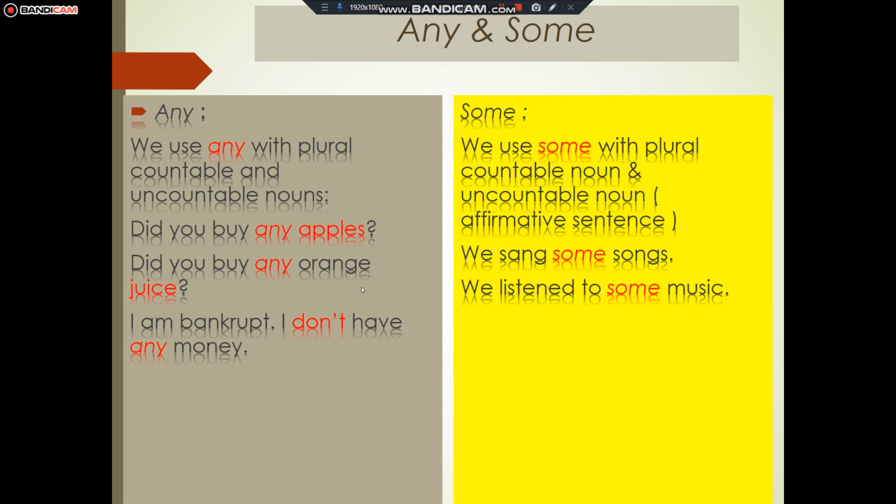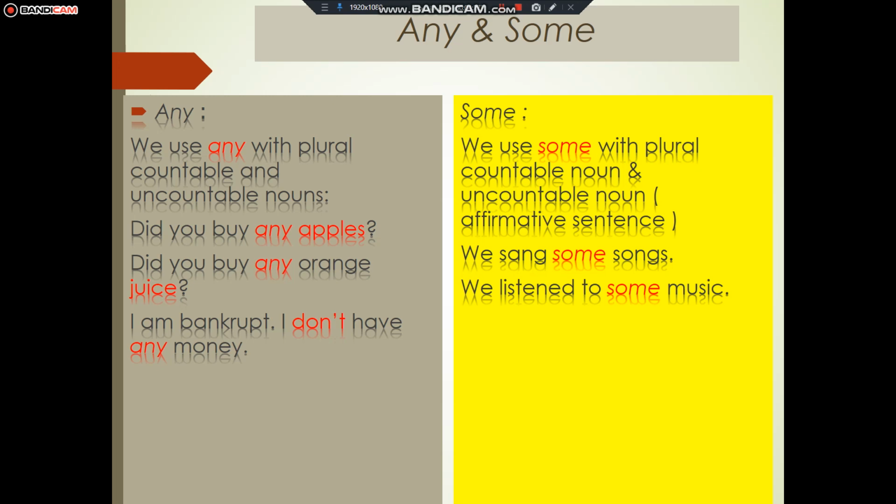Okay guys, this is the difference between any and some. I say there are some students in the class. I can say there are a lot of students in the class. Both are correct. So, guys, we won't give you a sentence in the exam, or they won't give you a sentence with two options that are both correct. Okay?